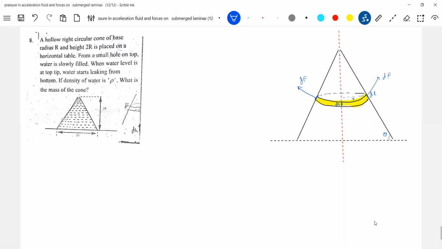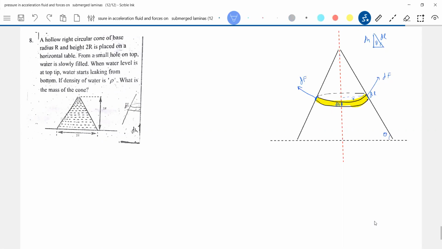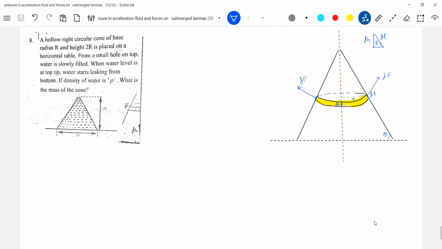Where did you see a diagram like this? I think you go back to center of mass. We had diagrams of this kind, finding the center of mass of a hollow cone. So if you draw this triangle, dl is what? Small elemental length on the slant face, and dh is what? Vertical on the axis. This is the axis of the cone. Sine theta is dh by dl.